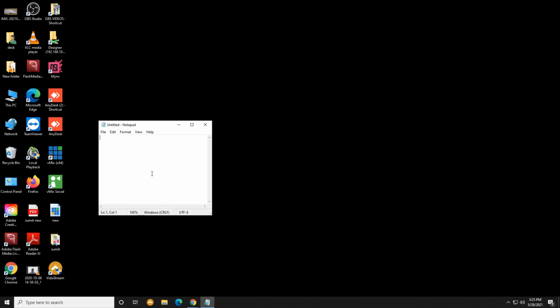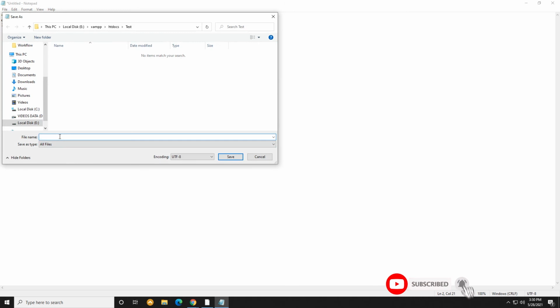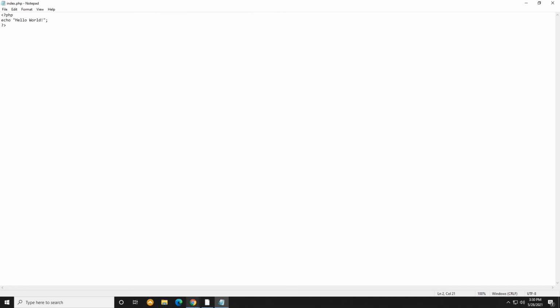To check whether your test server is installed and configured correctly, you have the option to create a PHP test page, store it on your XAMPP localhost and retrieve it via the web browser. I am just doing this. So I am creating index.php in the XAMPP htdocs. I am just printing hello world, so it will not take so much of your time, and we can test it properly.